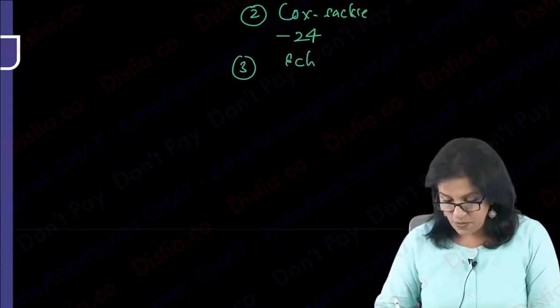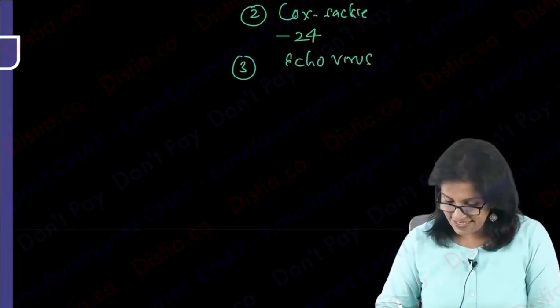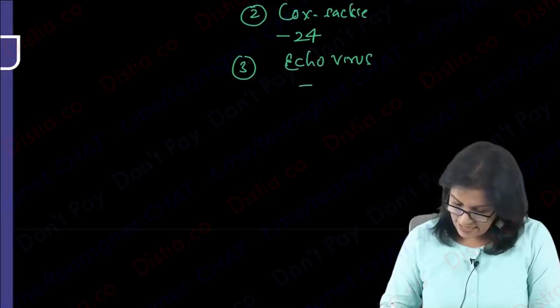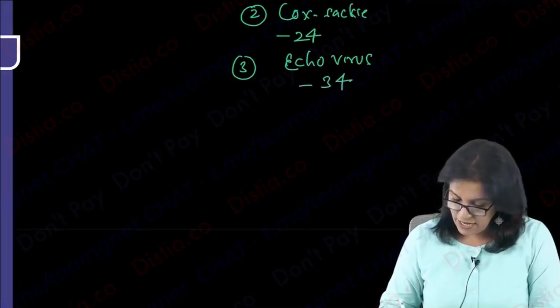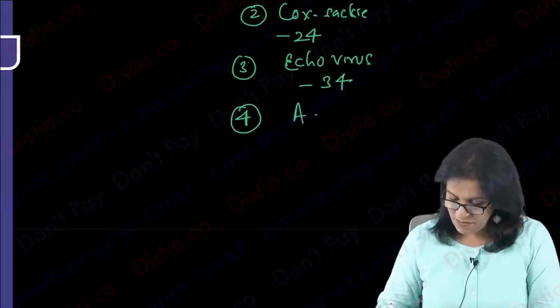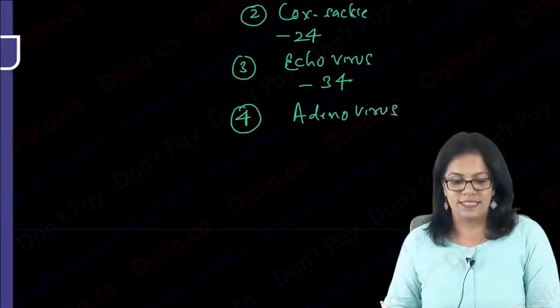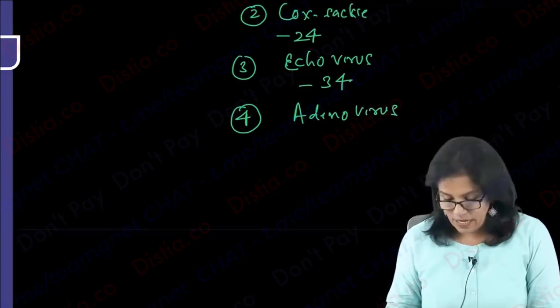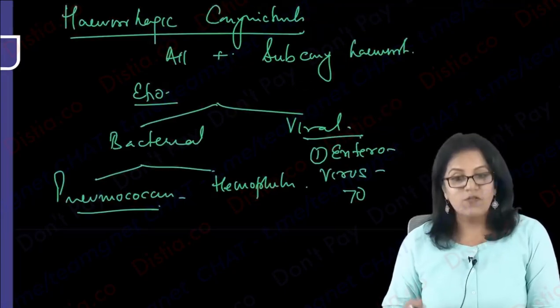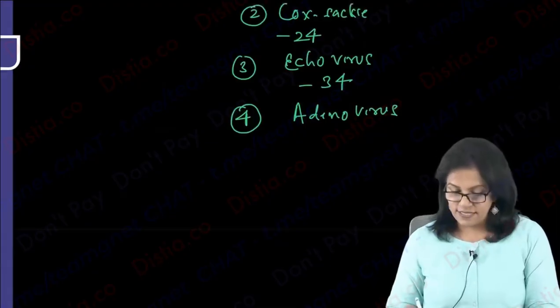Then learn with me Ecovirus 34. And of course, how can we forget adenovirus? It should have been mentioned a little before. So adenovirus is the most common virus causing viral conjunctivitis. Okay. So if all four are given, there was a question, all four viruses are given and they're